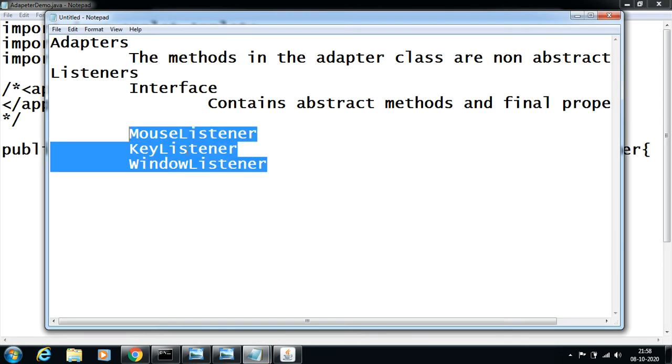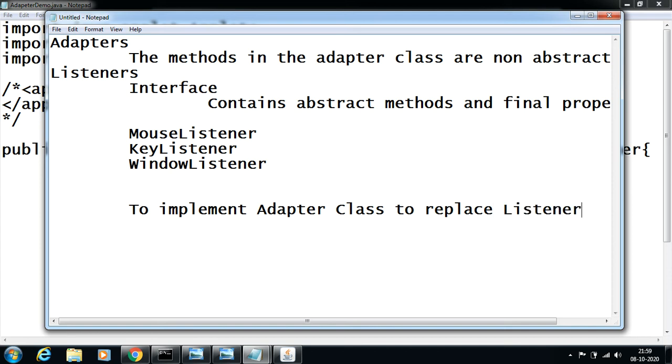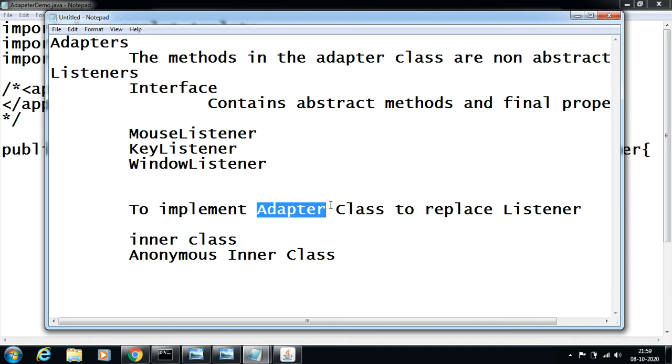To implement an adapter class to replace the listener, we can use either an inner class or an anonymous inner class. These are two different ways I can use the adapter class, because an adapter class is a class